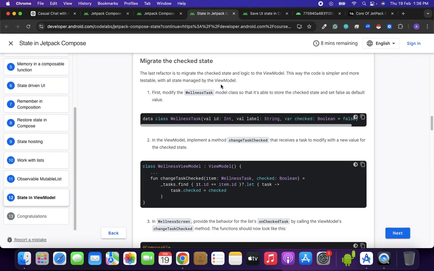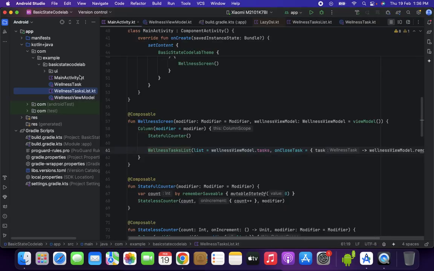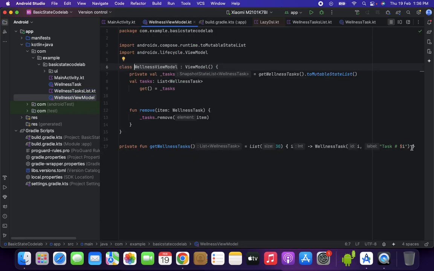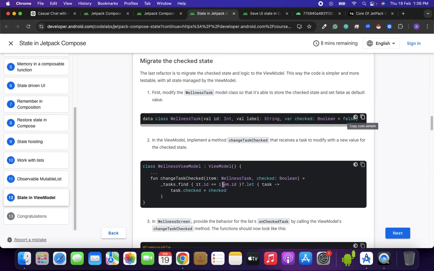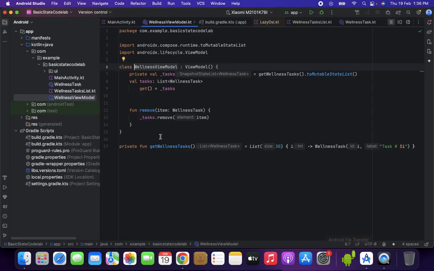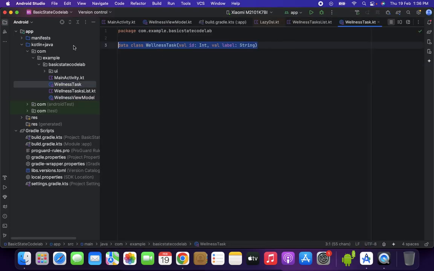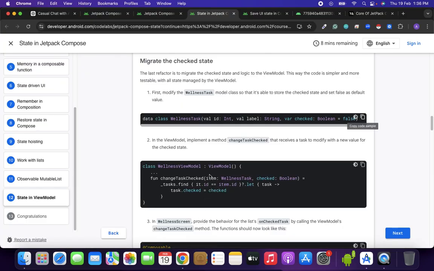Let's see. State management of the ViewModel. First, modify the WellnessTask model class so that it's able to store the checked state and set false as the default value. WellnessTask and ViewModel. Get WellnessTask. The WellnessTask model class. In the ViewModel